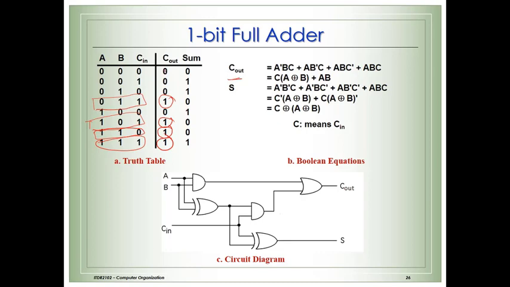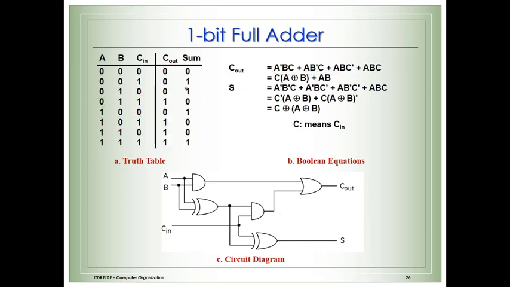So first we are writing C out, which is carry. Then for this one, because it was 0, you'll write A naught. So here A naught BC, or perform OR operation. Then for this one, A, B naught and C, correct? Then for this one, A, B and C naught. Then for this one, all of them are 1, so A, B, C, right? Correct. So this is our C out. We will see how to simplify this one.